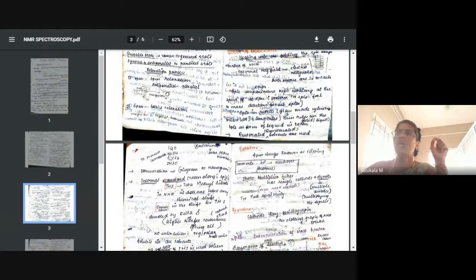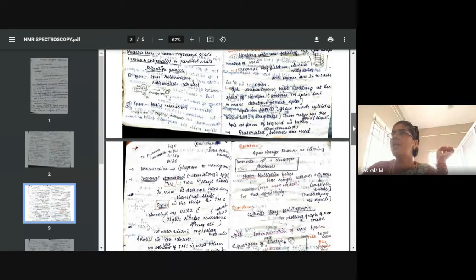So we have D2O and deuterated methanol, CD3OD. Water substituted with deuterium is called deuterium oxide. Then deuterated chloroform, and deuterated dimethyl sulfoxide, where the methyl group CH3 is substituted with deuterium. These four solvents, deuterium oxide, deuterated methanol, deuterated chloroform, and deuterated dimethyl sulfoxide, are widely and commonly used in NMR.